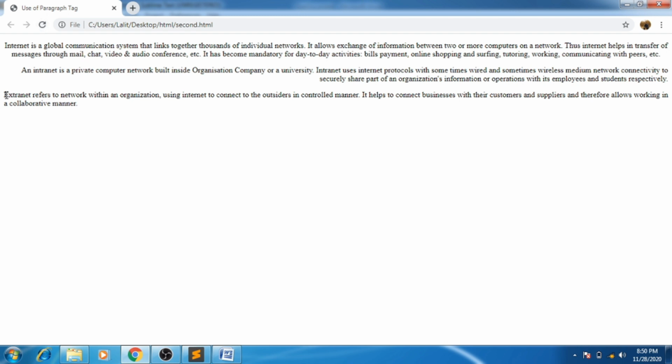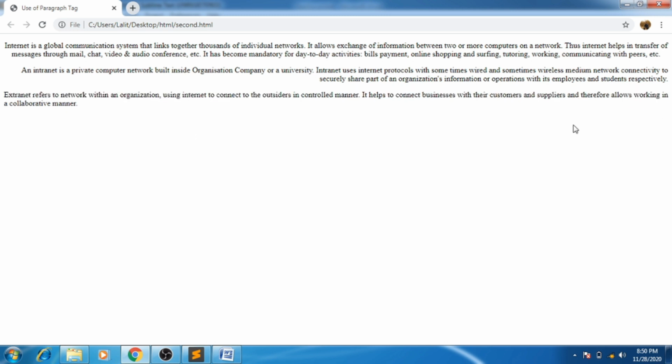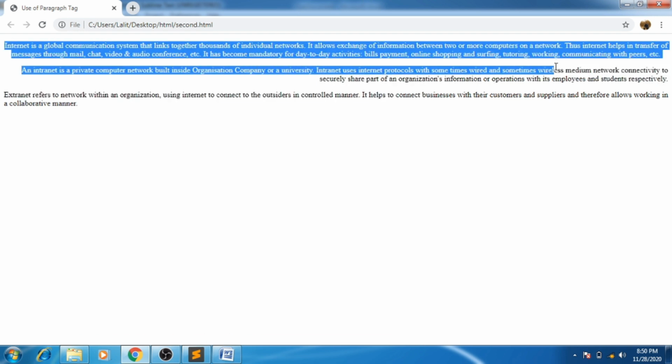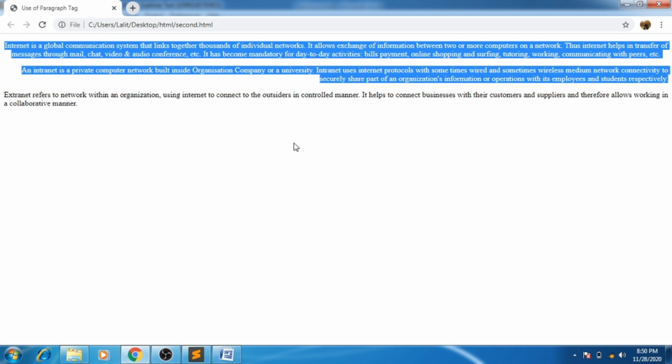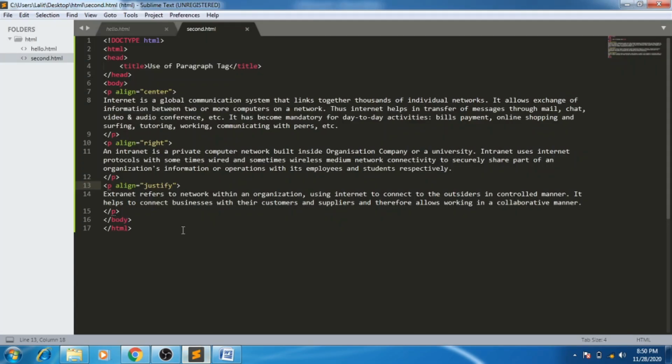It has aligned the left hand side and right hand side of the third paragraph in an equal way. Otherwise, it shows a zigzag in the paragraph in case of left, right or center, as you can see in previous paragraphs. If you want to align the paragraph properly, then you have to use justify align.